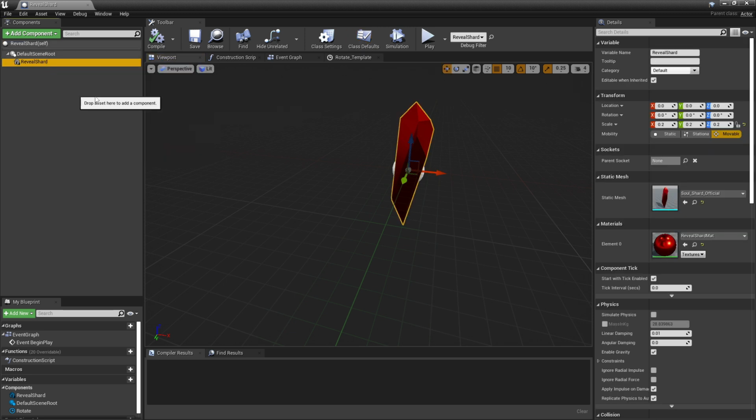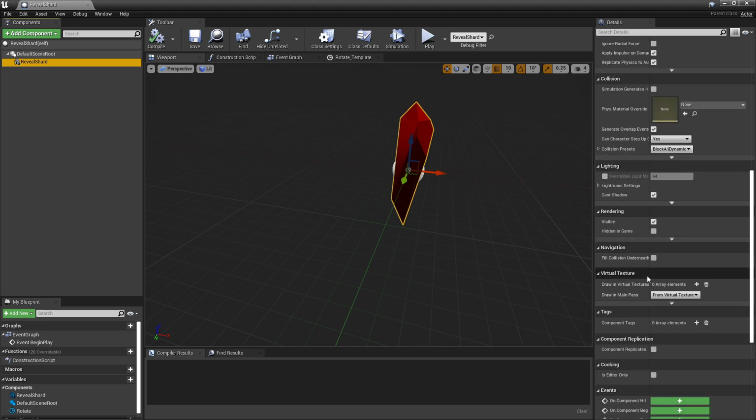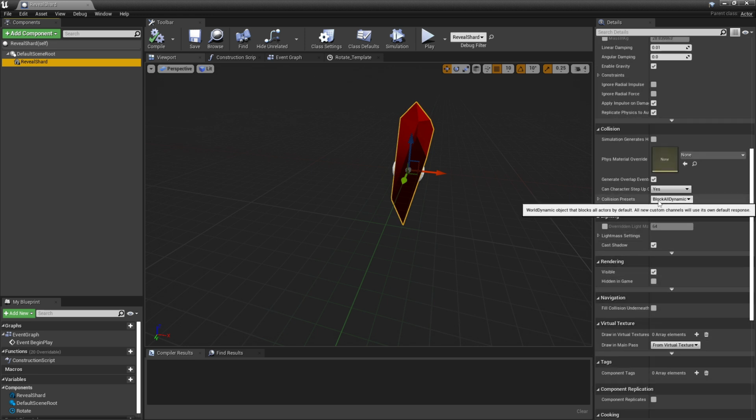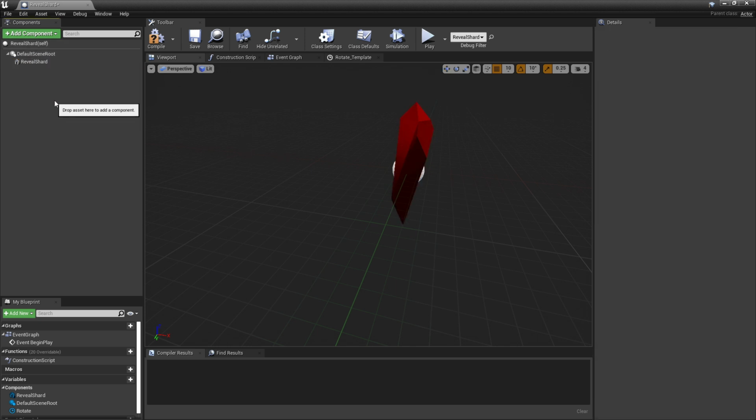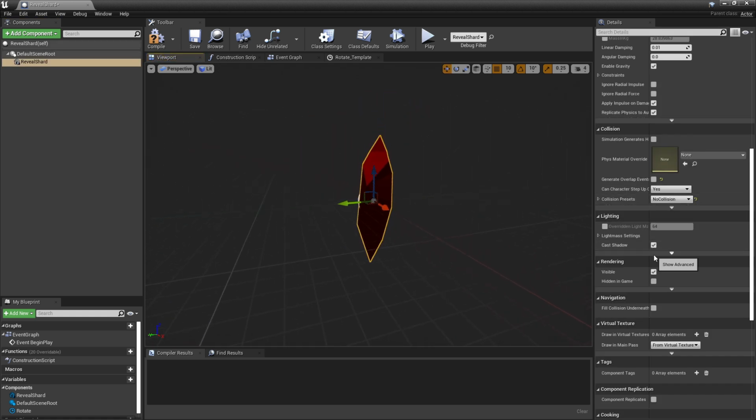Now, we're going to get this, and what I want to do is change collision presets to no collision. Generate overlap events off. Anyways, I'm doing this because, well, you don't necessarily have to turn off generate overlap events, but you want to set the collision presets to